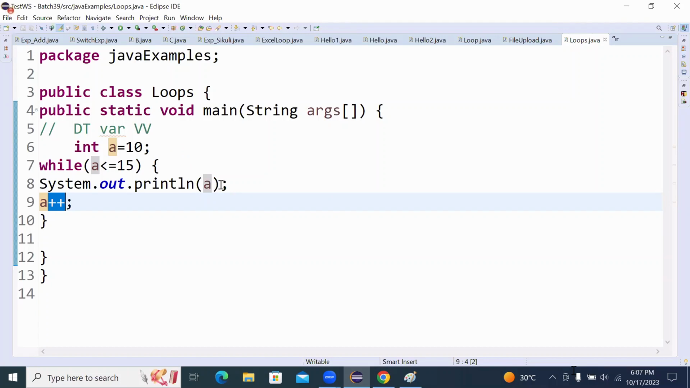Once it has printed the statement, again it will increment it, and it will continue like that. Now, if I'm executing this program,